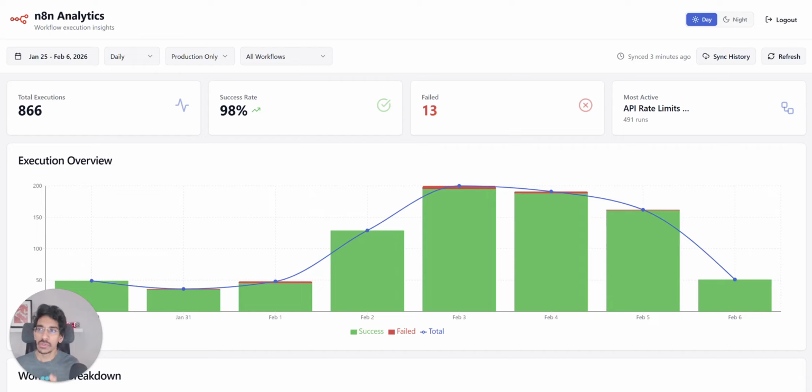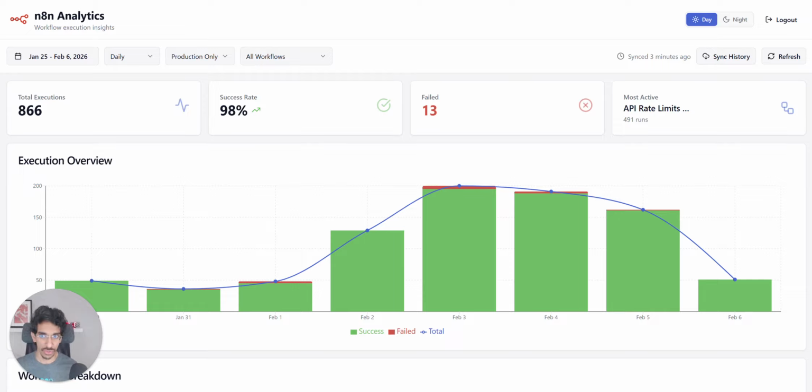When I was building a few n8n automations on my n8n cloud instance on a starter plan, I noticed that it's not possible for me to see how many executions I had several days ago, because the workflow execution history is saved only for 7 days or so. But at the same time, I also did not have a way to look at the number of executions